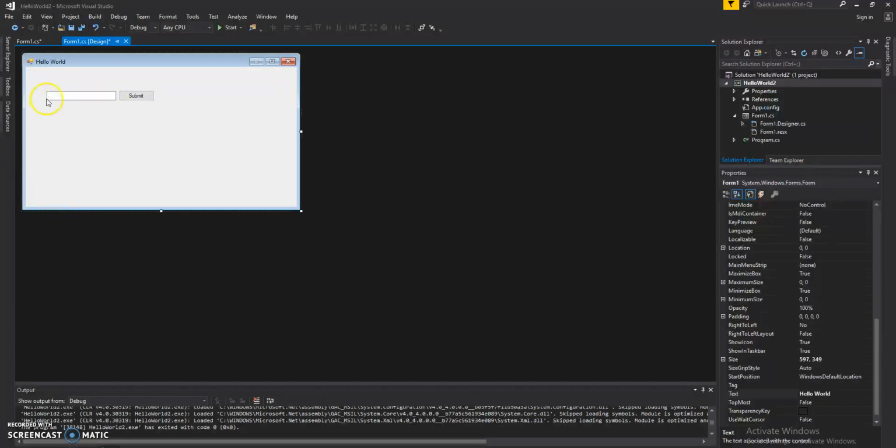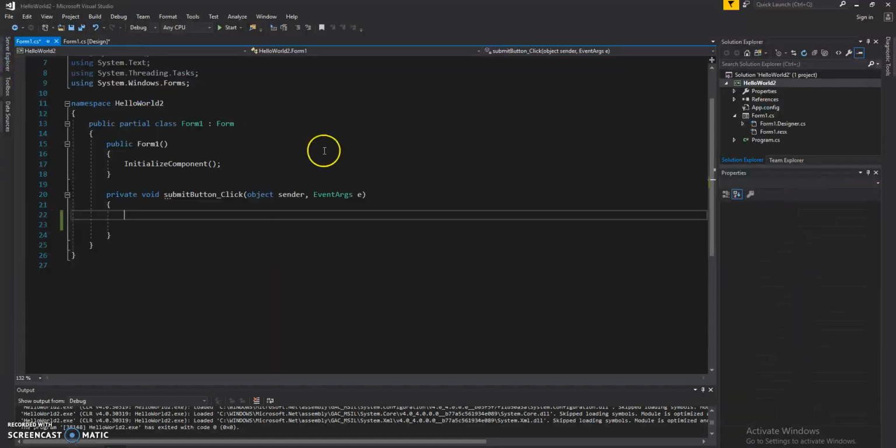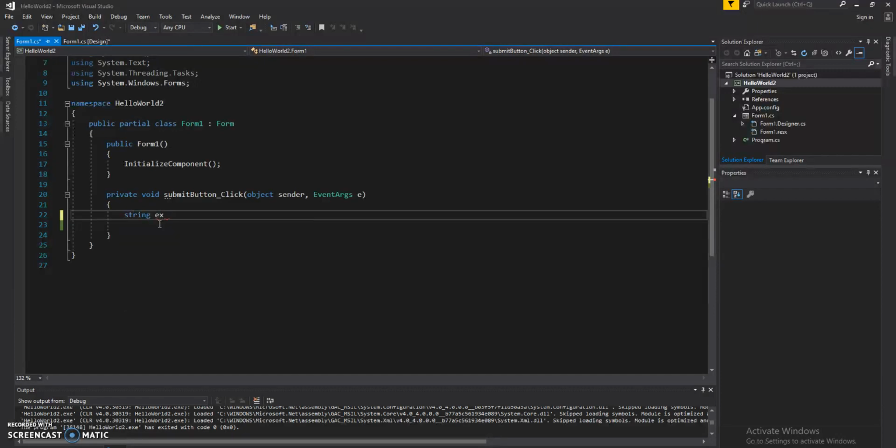I'm going to extend it a bit. And let's name it Input TextBox. Let's double click on our button to create a click event. And what we want to do is we want to extract,